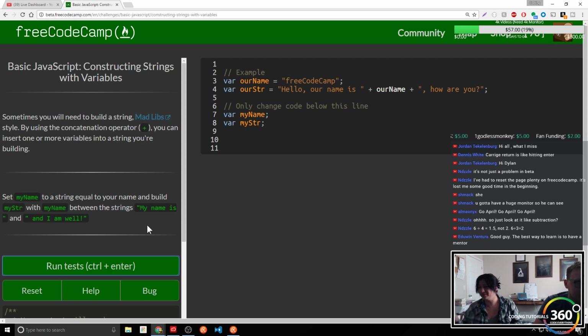Okay, so how come this one doesn't load what this one is? It does. It just goes from the top down. Oh. All right, so